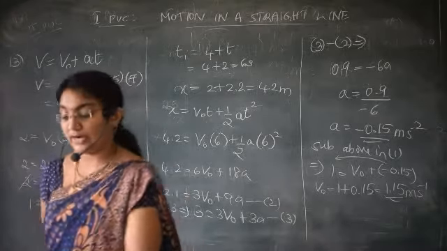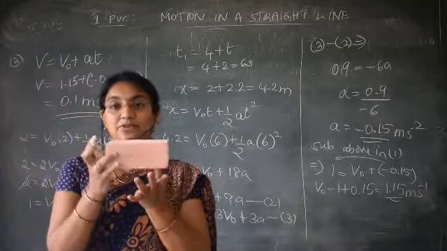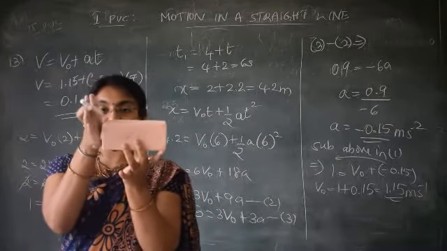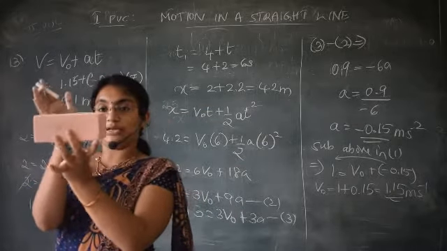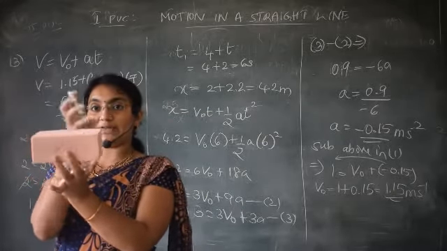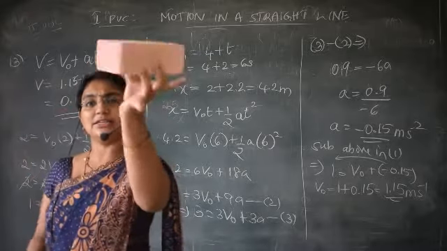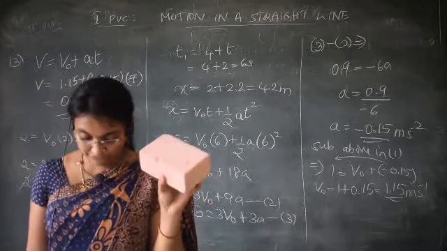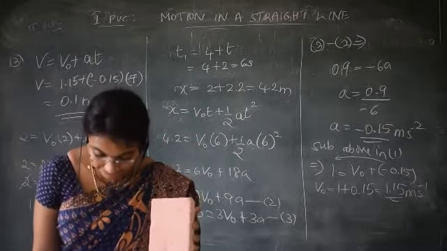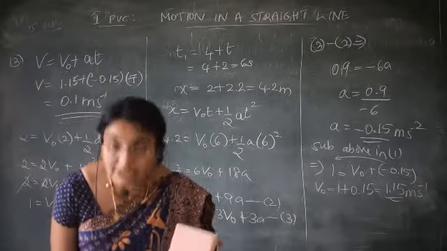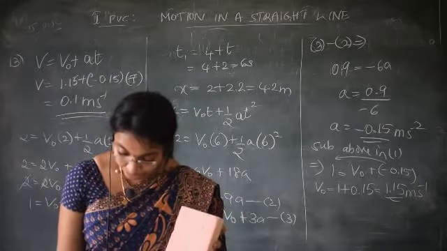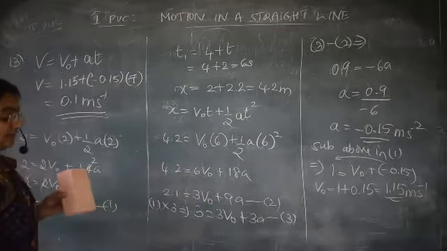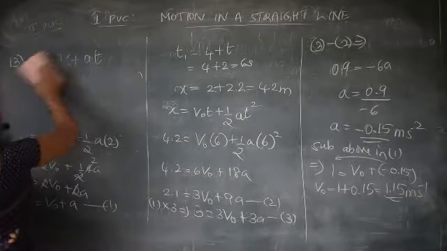See, front compartment. If this is the first compartment, when the observer is observing, he has to observe starting from here. So it has to reach here. So the distance travelled for the first compartment is how much? Total distance of the first compartment. What is the length of the first compartment? 15 meter. See, in the question it is given as length is 15 meter. So for the first compartment, let us take the displacement as 15 meter.